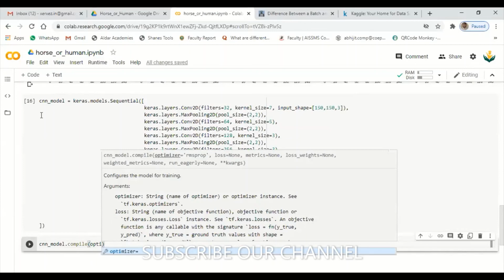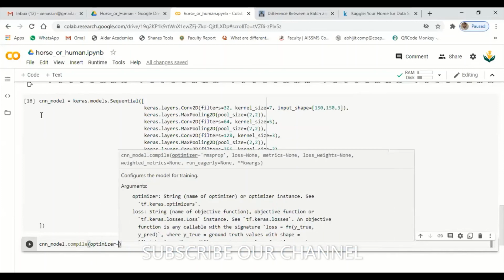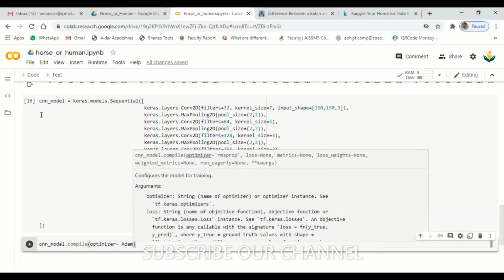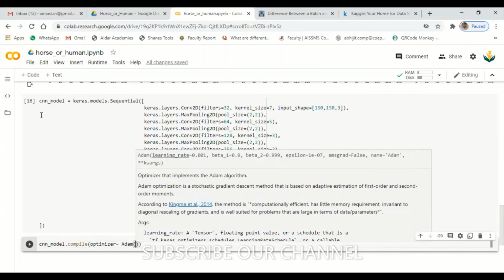To compile the CNN model, optimizer equals Adam. With the ReLU function, to give the Adam we require to give the learning rate. That is nothing but the threshold value, how much you want to set for the network. If you are using sigmoid, you can give 0.1, 0.2. If you are using the ReLU function, you can give 0.00001. That is a major difference.